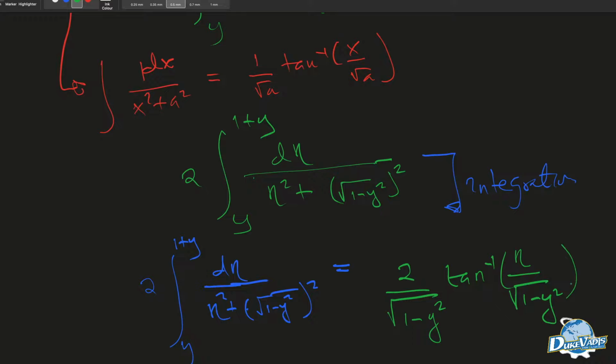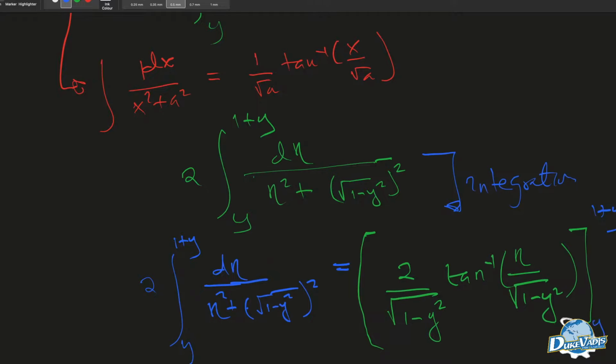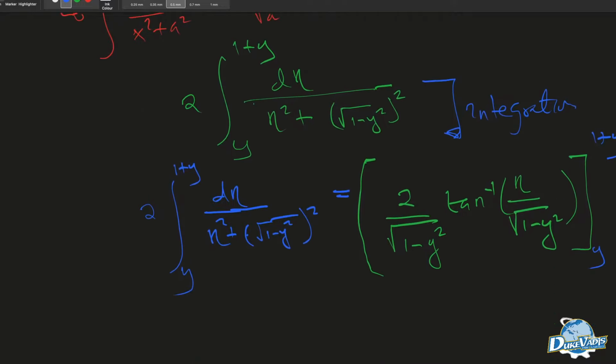Okay, so this will be the integration, but we shouldn't forget our limit. The limit is what? 1 plus y to y. So when we substitute the limit into the integral, we are going to get